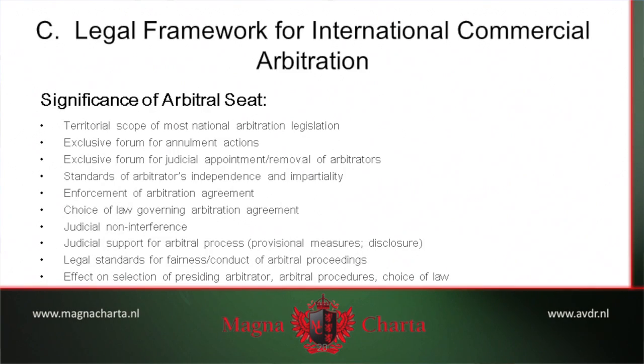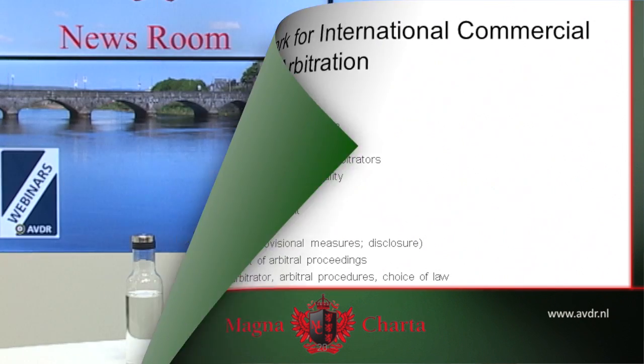There are a number of other vitally important consequences that flow from the concept and choice of the arbitral seat. Among other things, and you can see these various items listed in the current slide, the laws of the arbitral seat prescribe the procedural standards for the conduct of the arbitration, standards of independence and impartiality for the arbitrators, principle of judicial non-interference in the arbitration. Courts in the arbitral seat, although they have some supervisory authority, in particular with regard to the arbitral award, can't intrude into, interfere in, micromanage the day-to-day conduct of the arbitration.